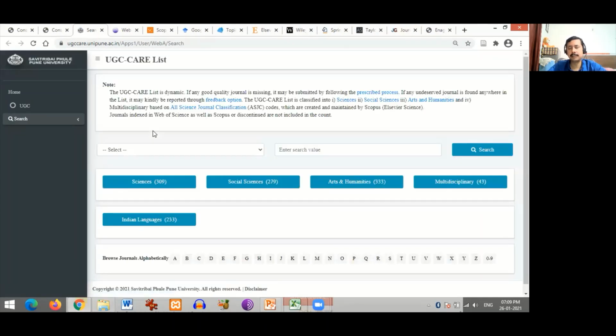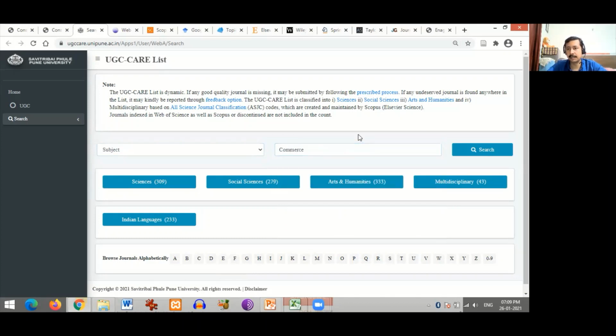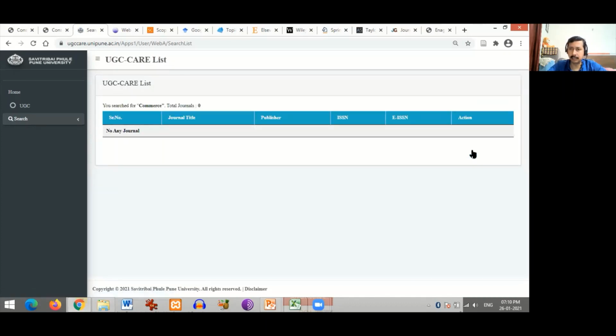Let's move on. If you want to list the journals subject wise, then keep in mind that you cannot find journals in whatever subject terms you enter here. For instance, if I choose commerce as my keyword, considering commerce as a subject, if I click on search, I may not find any journal. That is simply because the names of the subjects are not included